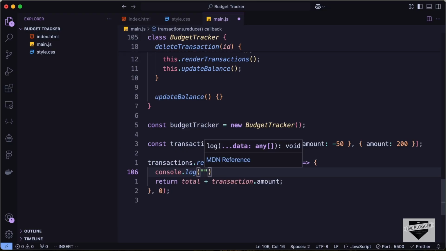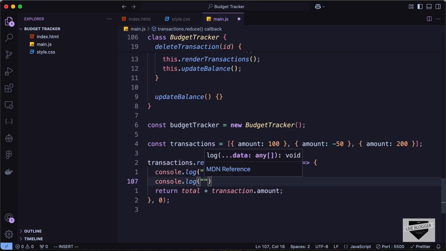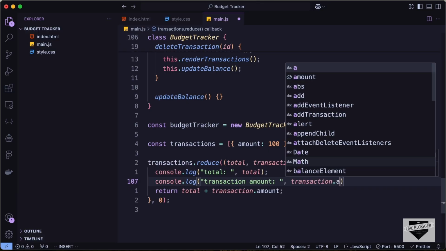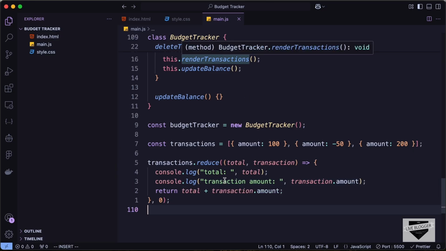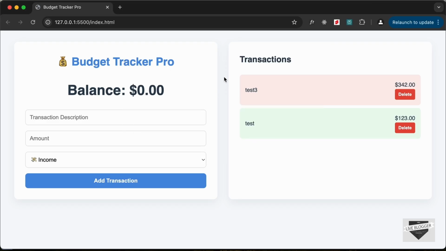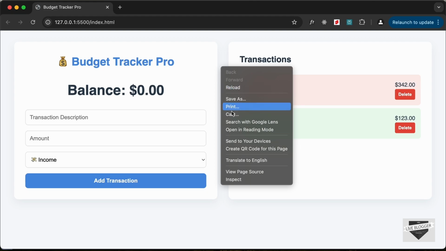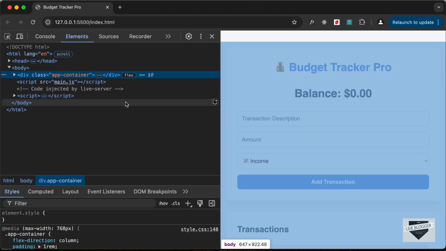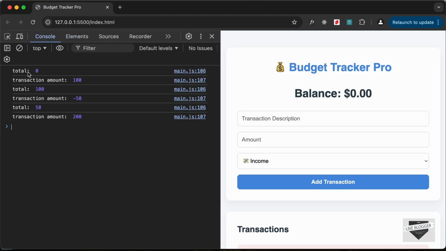So I'll just type total, and let's set it to total, and let's type console.log transaction amount, and let's set it to transaction.amount. So now let's go back to our website, and let's open the console, and here we can see we have the total value of 0 at the beginning,